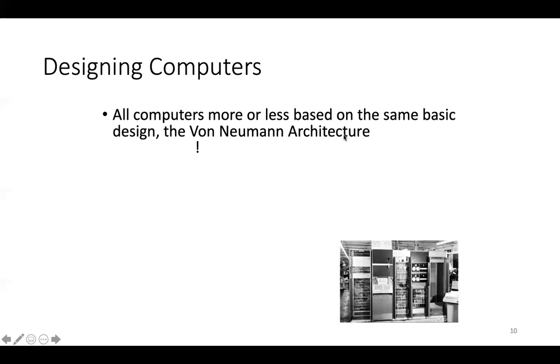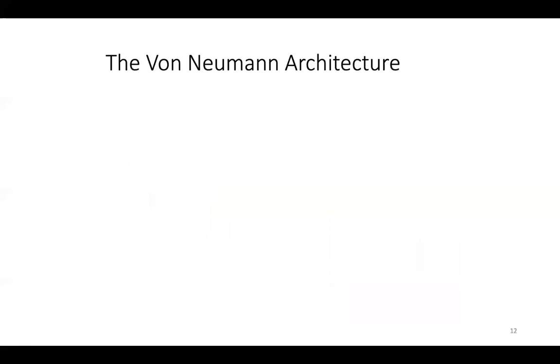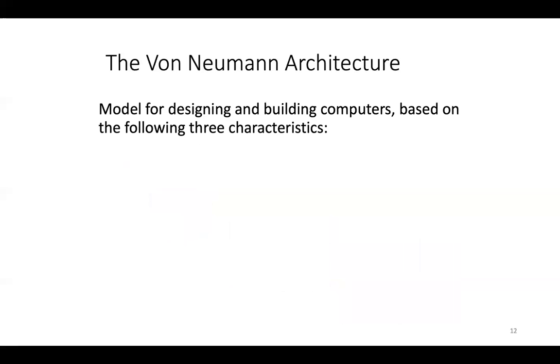See, the first generation computers were very big. You know that already. And here, this is the second, the desktop computers we saw later on, then some laptops, and nowadays tablets also came. So for all these computers, the basis is only the von Neumann architecture. Okay, so what is von Neumann architecture?